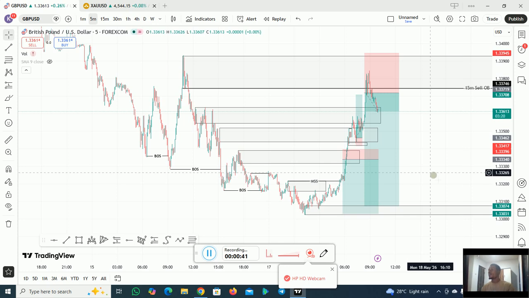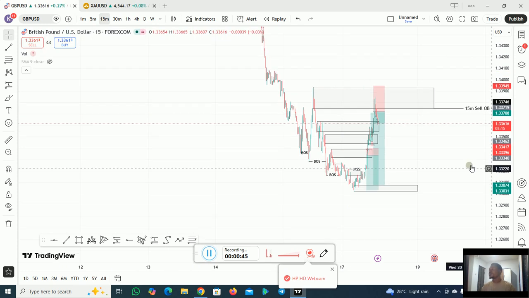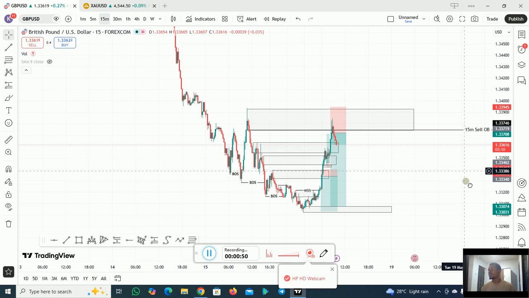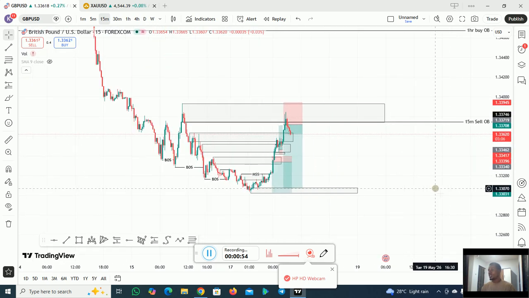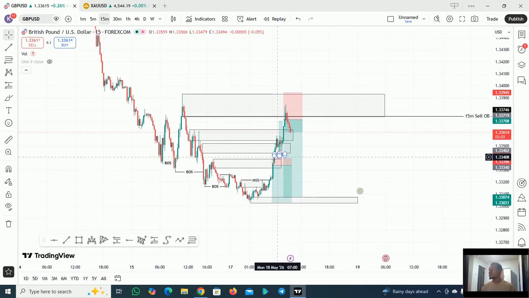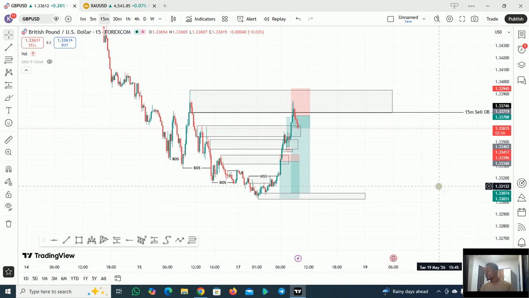So I want to show that I traded GBPUSD today. As we all know, GBPUSD is on a bearish trend. I figured out my order block on the 15 minutes. Yes, there was a sell order block on the 15 minutes. As you all know, I always say to spot liquidity. Know how to spot liquidity in the market. When you know how to spot liquidity in the market, then you are good.